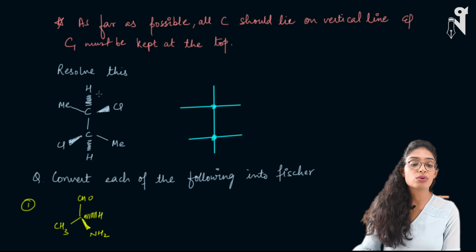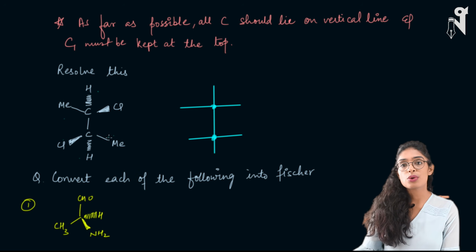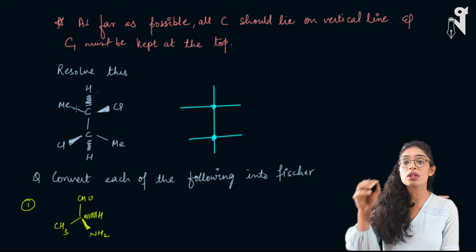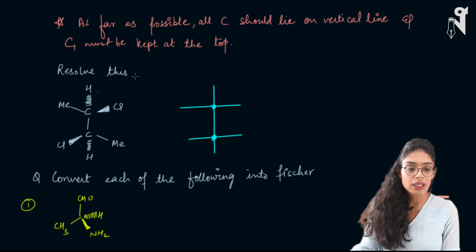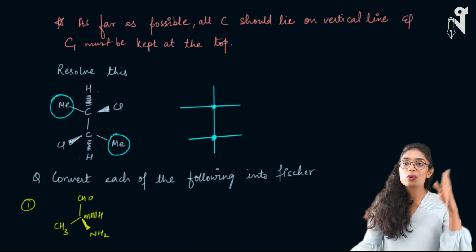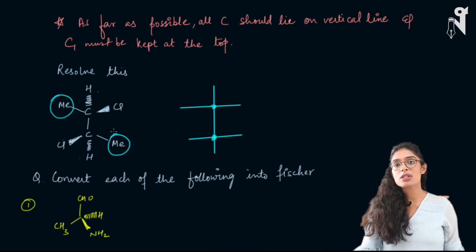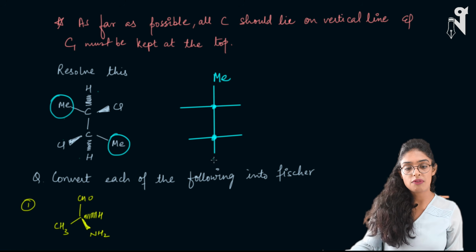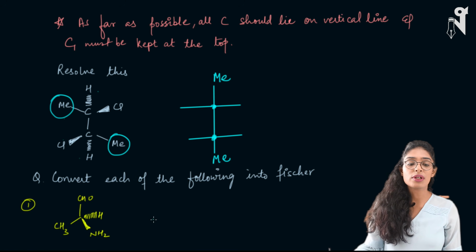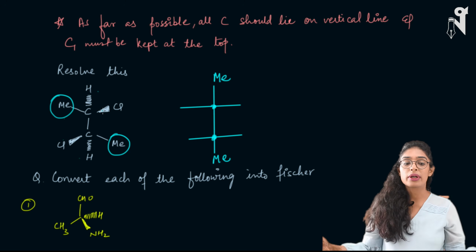Here we have hydrogen, chlorine, methyl, hydrogen, chlorine, methyl. Two groups are present over here, right? First of all, what are the groups which are present on normal straight bonds? One is methyl and the other is this methyl. No matter how it looks, it is actually on the normal solid bond. So I'll place these groups on the vertical line. Now I will move the wedge bond in such a way that it goes into another direction and the bond gets open.